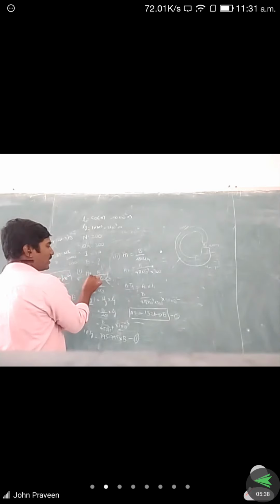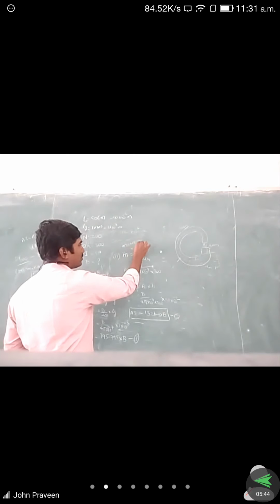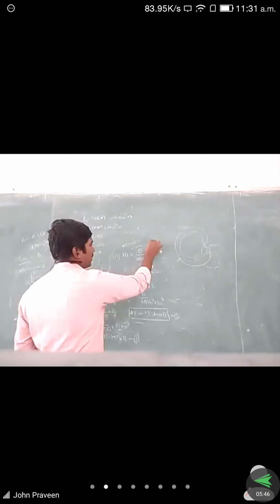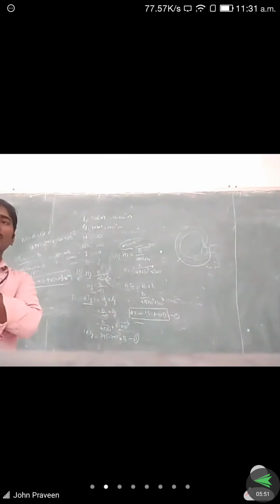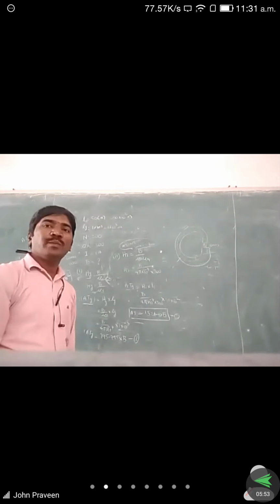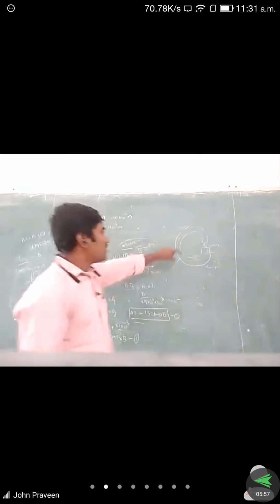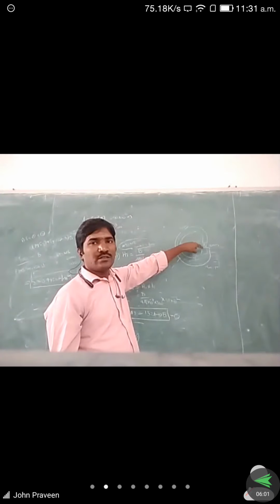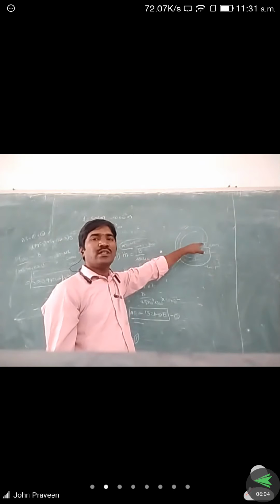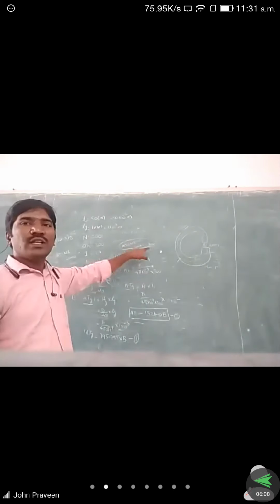So first, case 1, we want to find out for the air gap. Ampere turns, we already know N into I, that implies 200 into 1, that is equal to 200 ampere turns. But the total ampere turns is equal to the summation of the two ampere turns. So how can we say two ampere turns? The iron and the air gap are different, so first we find out the ampere turns for the individual cases, then we equate them to the total ampere turns.